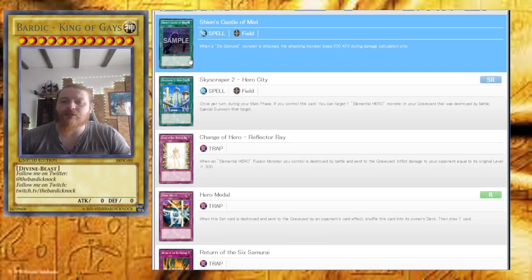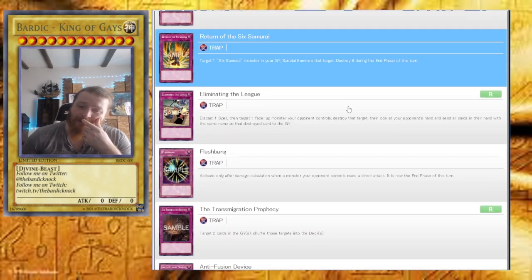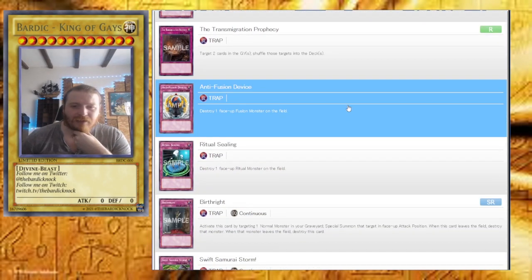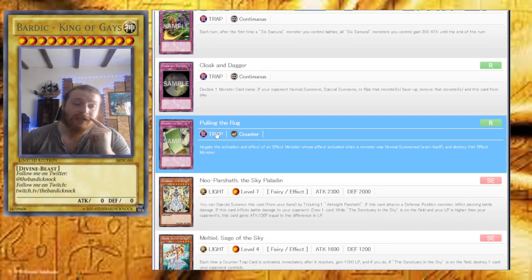We got 2 new field spells, Castle of the Mist for 6 Sam, and Hero City. Hero City's pretty good. We should be on the lookout for that. Any new traps that are... Yeah, I'm looking, and I'm not seeing anything. Pulling the Rug is pretty damn good,